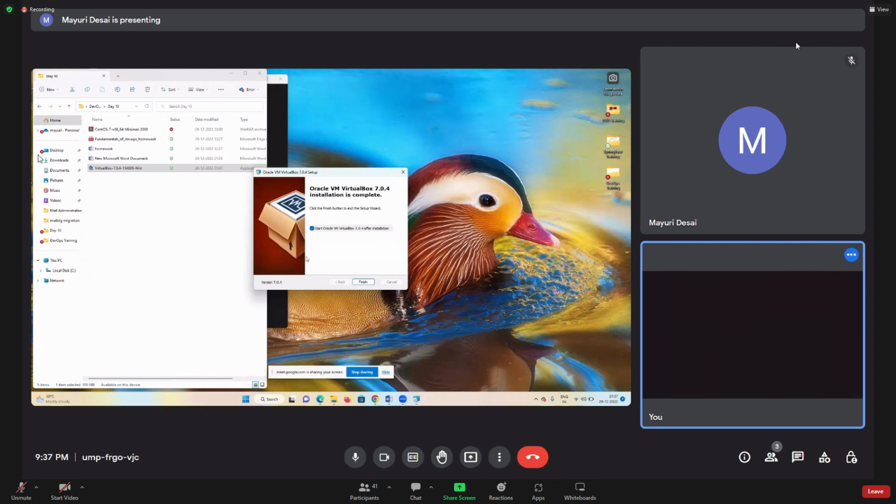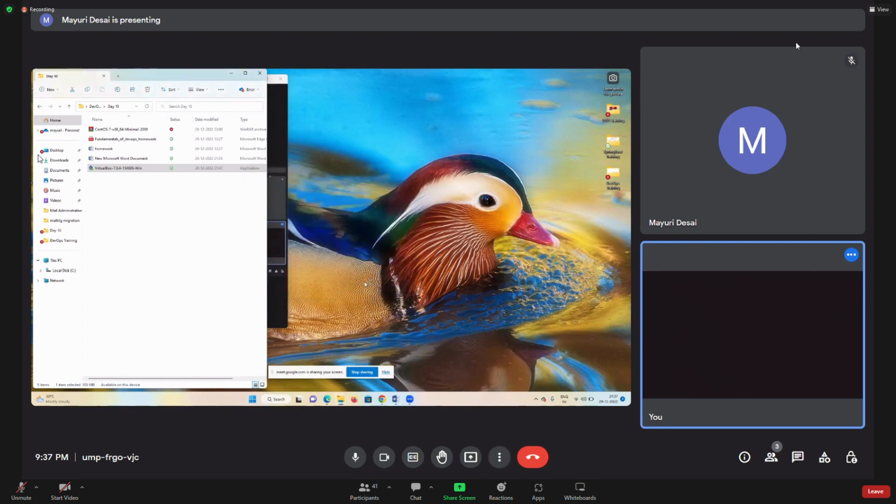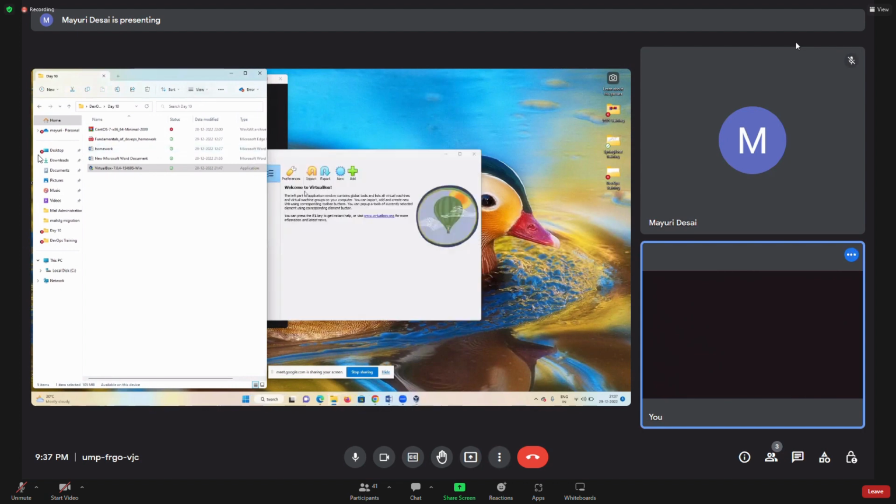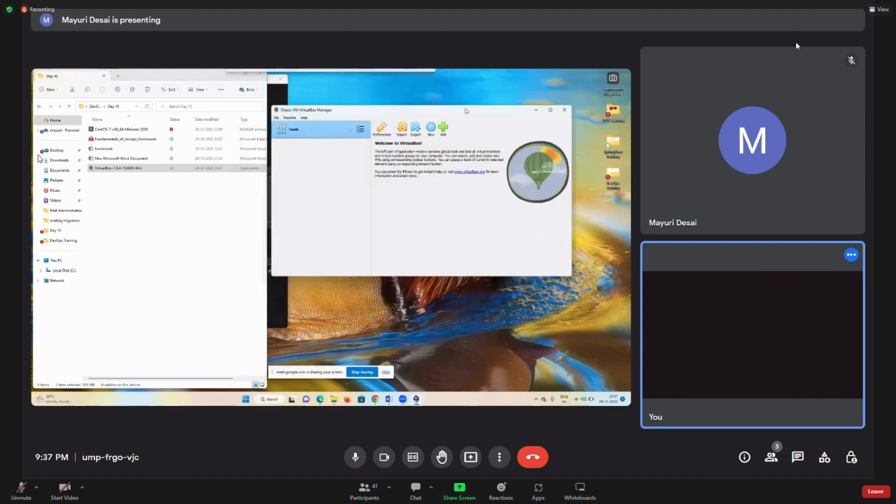Yeah, finish. Just hit finish. Okay, those who get errors, nothing to panic, guys. We'll fix it. No problem. So do not panic if you get errors. You have to focus absolutely on the class and see what is happening first of all. Okay, we got it. So once the installation has been done, the second step is to go on to the internet